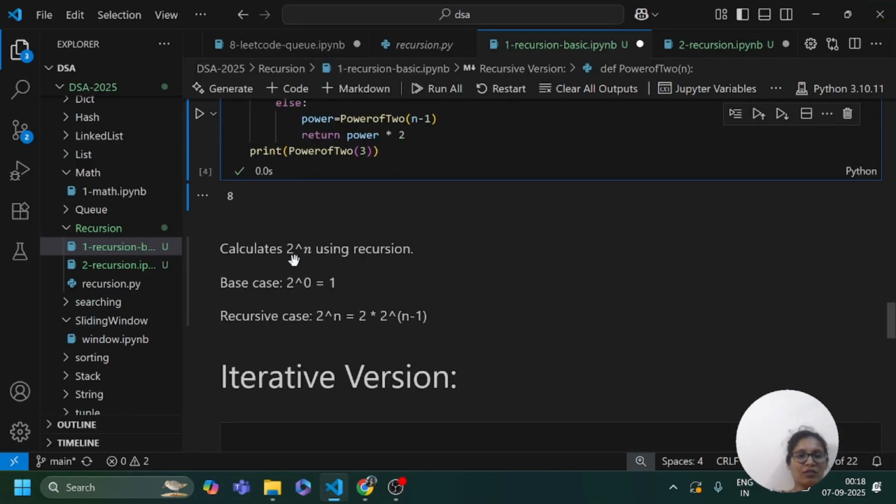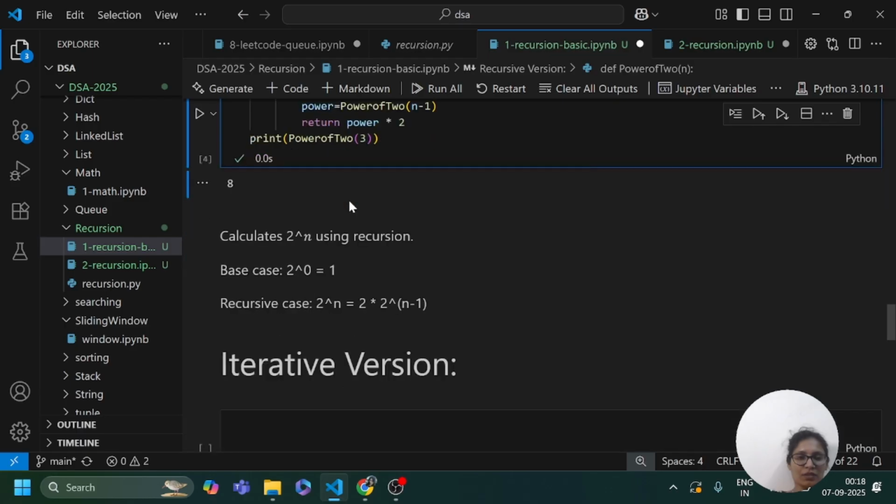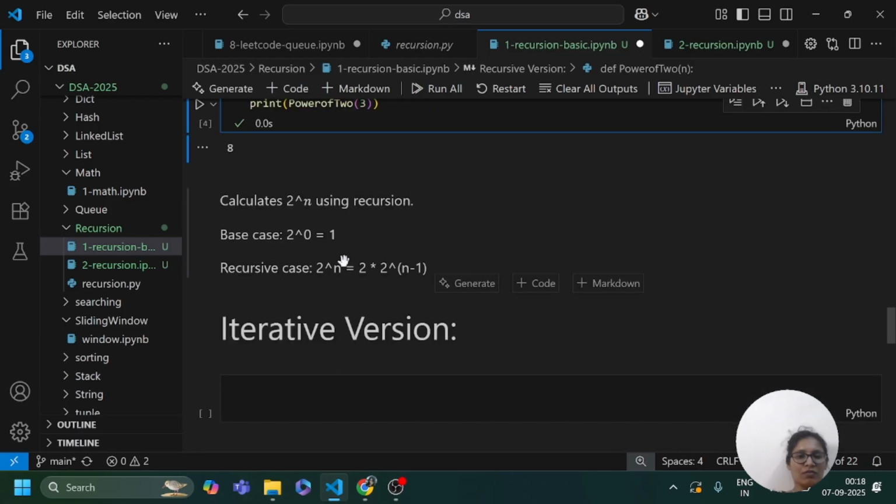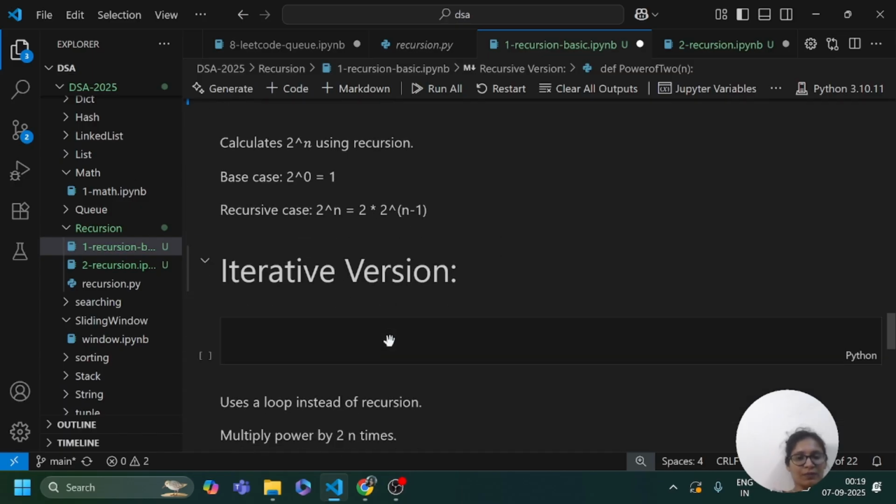Here you can see, calculate 2 to the power n using recursion. The base case is 2 to the power 0 equals 1. So this is one base case, and the recursive case is 2 to the power n equals 2 into 2 to the power n minus 1. And in the iterative version you can see